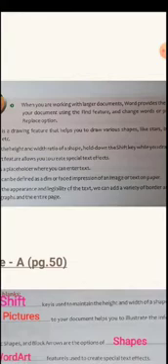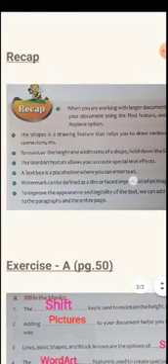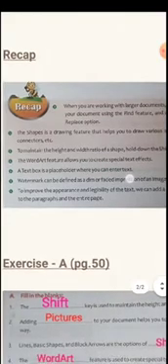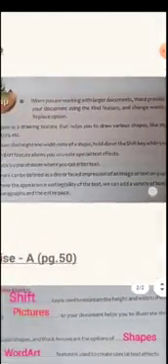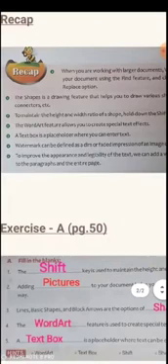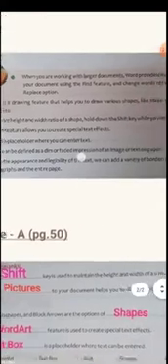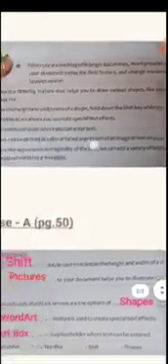Then the next point: Shapes is a drawing feature that helps you to draw various shapes like stars, banners, callouts, connectors, etc. Yes, we learned about the Shapes feature. Third point, to maintain the height and width ratio of a shape, hold down the Shift key while you drag the shape.